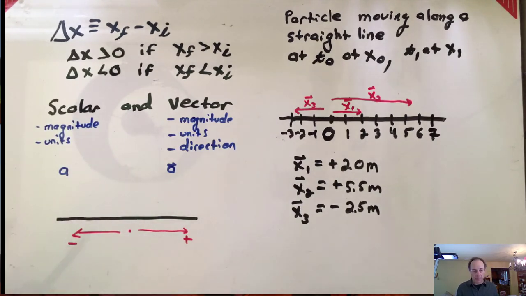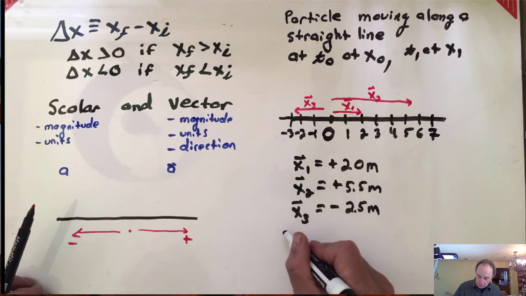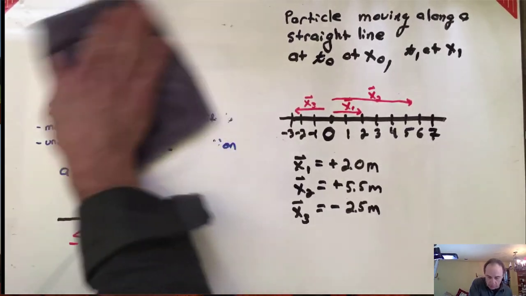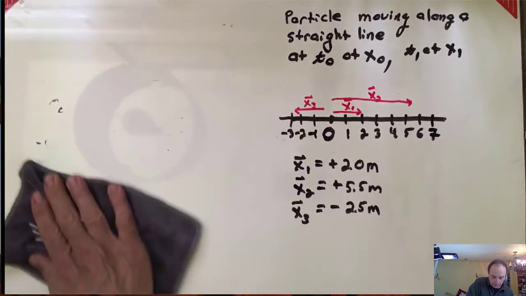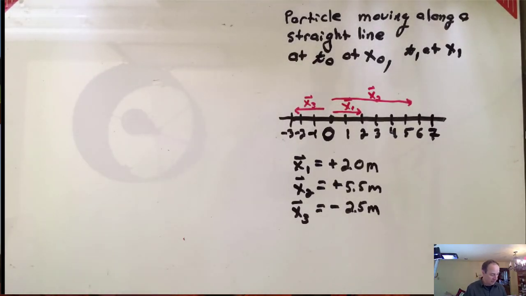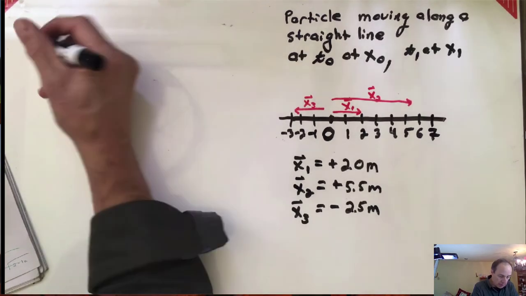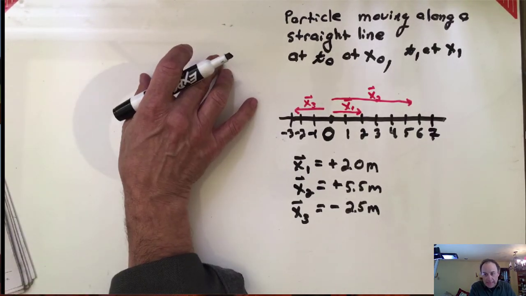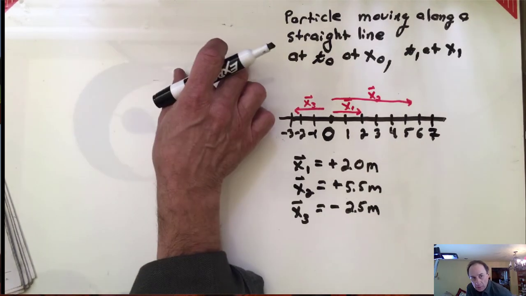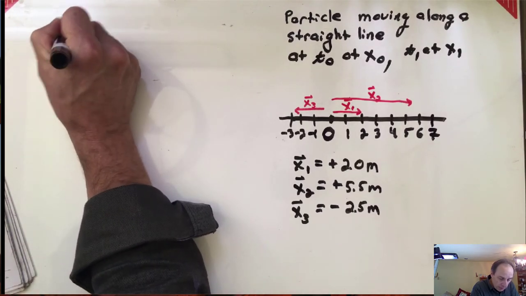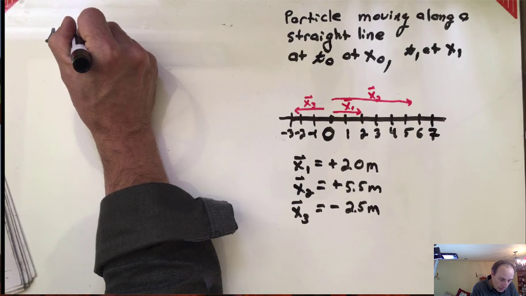All right, so now consider the change in displacement. We're going to look at changes in displacement. Those were displacement vectors. Change in displacement is going to be key in our next quantity, velocity. A change in displacement. Remember, displacement was a change in position. Now we're looking at the change of that change, right? So the change in displacement is defined as